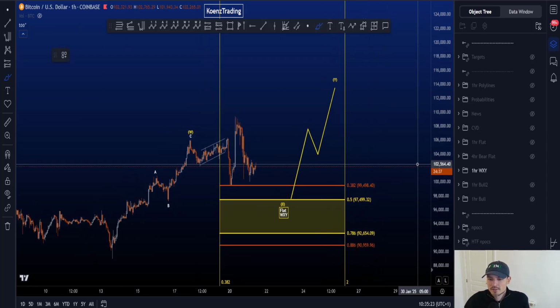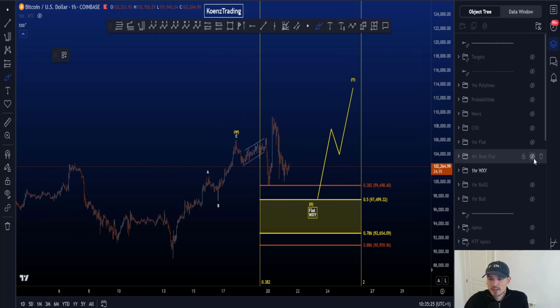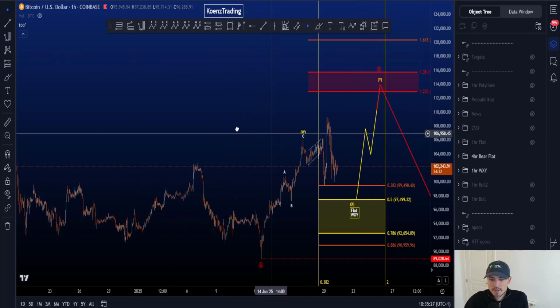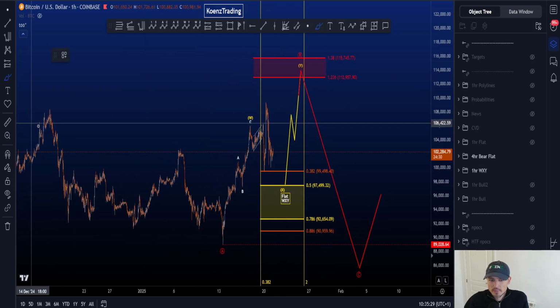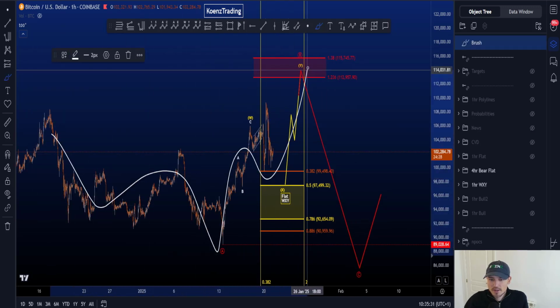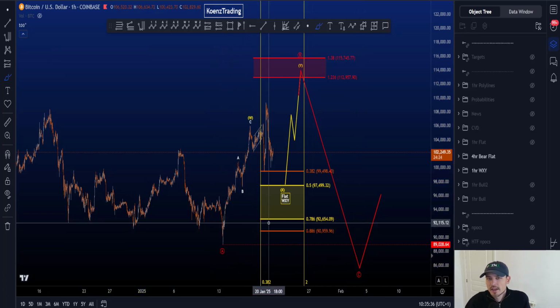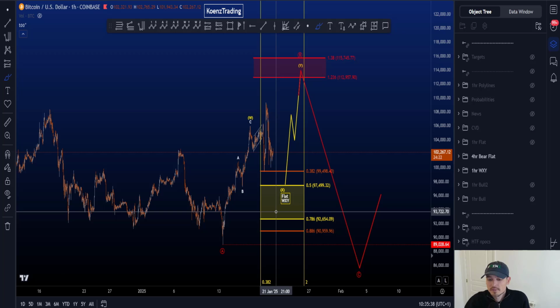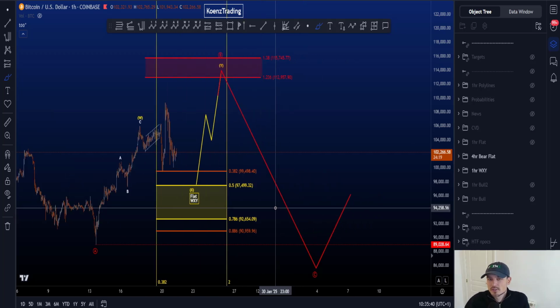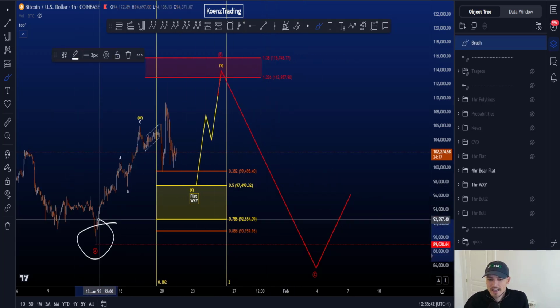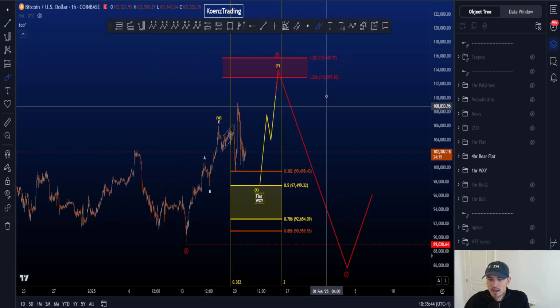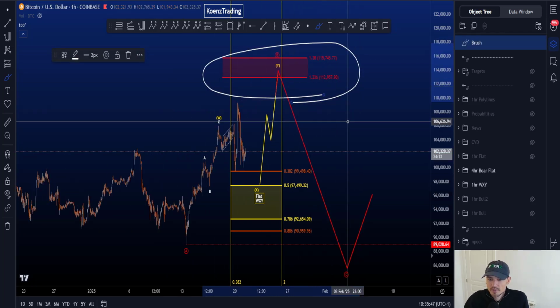Now this particular scenario, a WXY double zigzag, would then be part of a bigger flat. So if we zoom out, you then have a 3-wave A, 3-wave B, and a 5-wave C. C most commonly takes out the low of your wave A, expanding flat, regular flat. Only in a running flat, which is the most rare flat structure, does it not take out the low of your wave A. Most common target for your B, 112.9k to